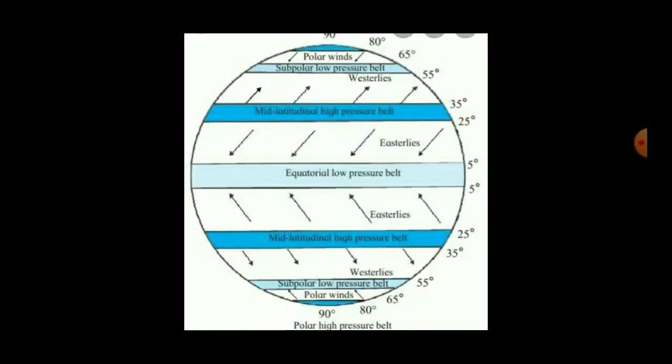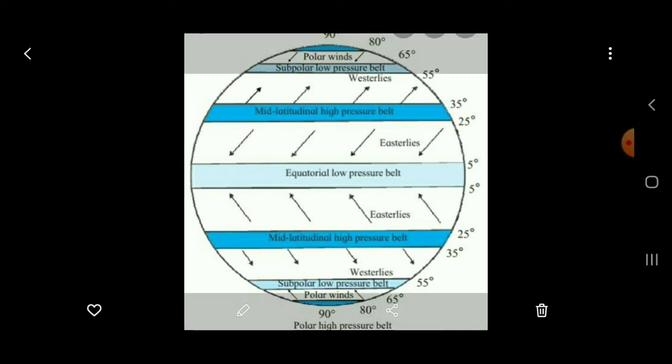Now, due to the duration and intensity of the sunlight, different temperature zones are formed. We have already seen the torrid zone, the temperate zone, and the frigid zone. These zones give rise to pressure belts. We will be learning more about the pressure belts in higher standards. Variation in the intensity of sunlight leads to regional diversity in plant and animal life.